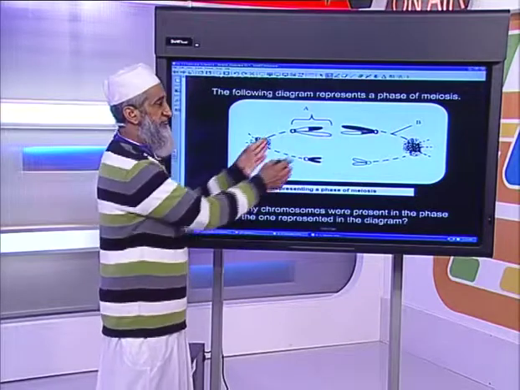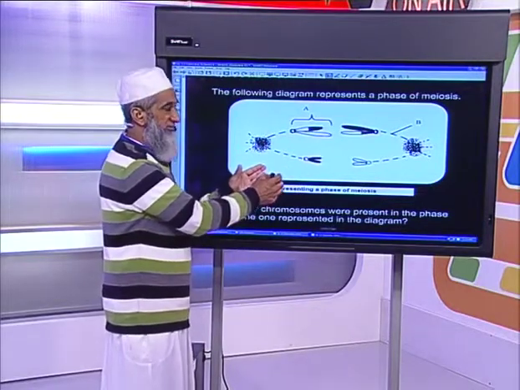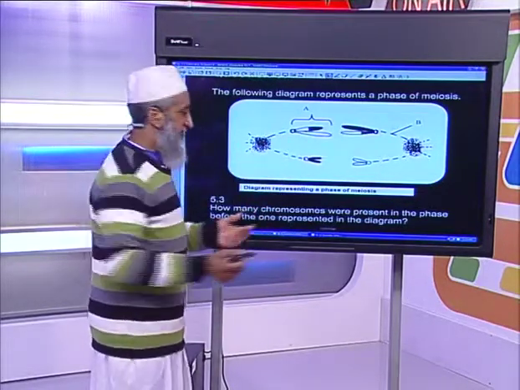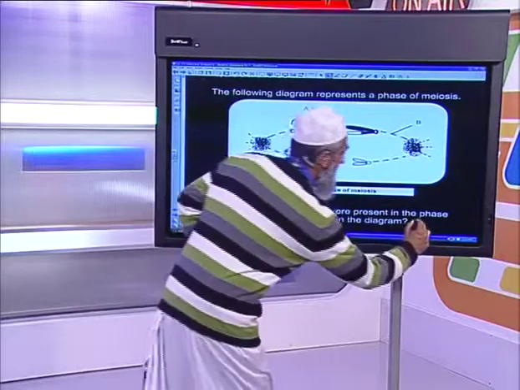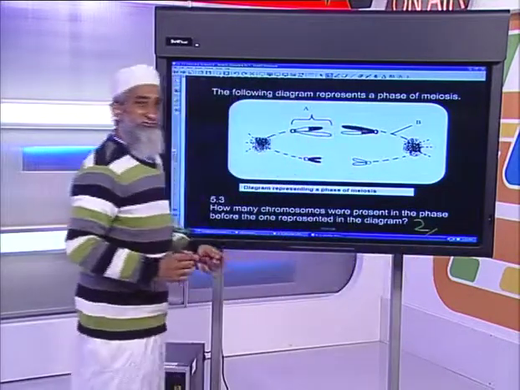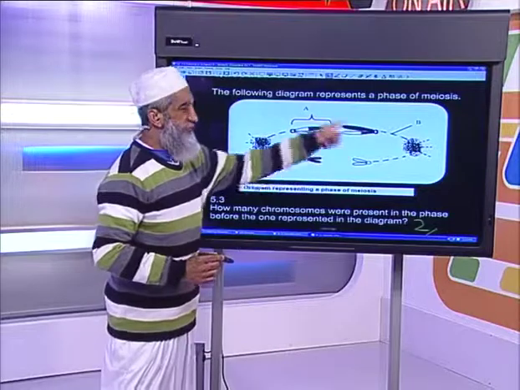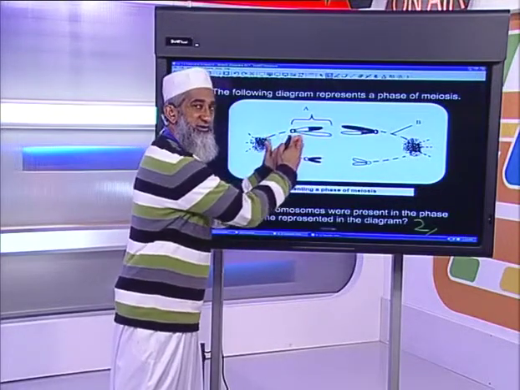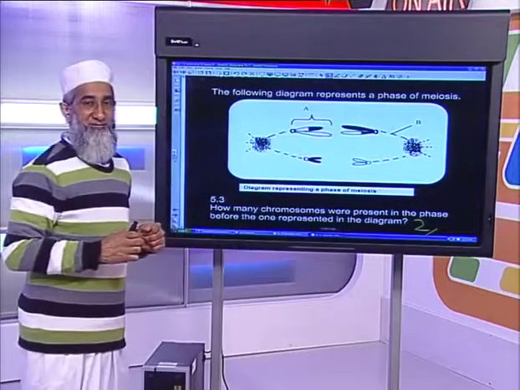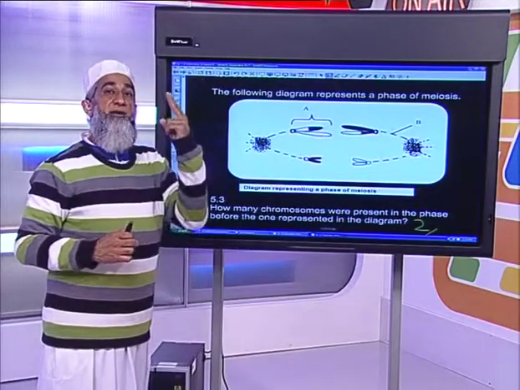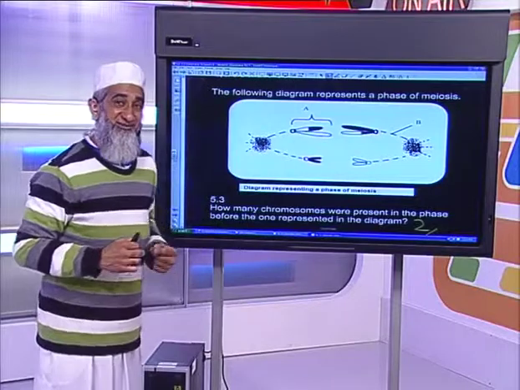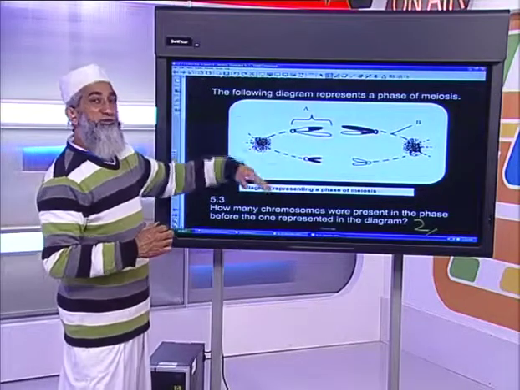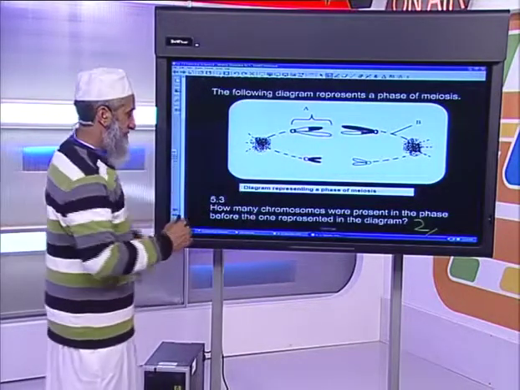How many chromosomes? In other words, metaphase in this case here. How many chromosomes would there be? There would still be 2. Because even though you're seeing 4 strands here, if you put them together, that's 2 chromosomes, because 1 chromosome is made up of 2 chromatids. So therefore, before this also there would be 2. So be very careful there.